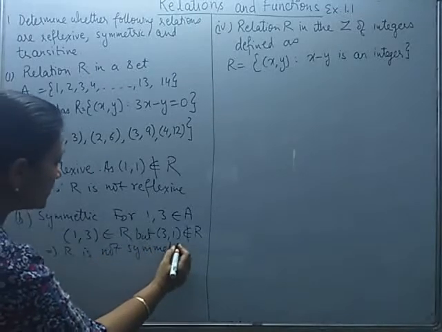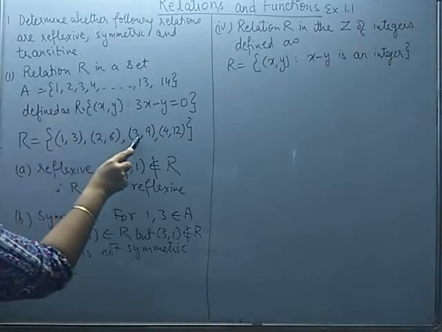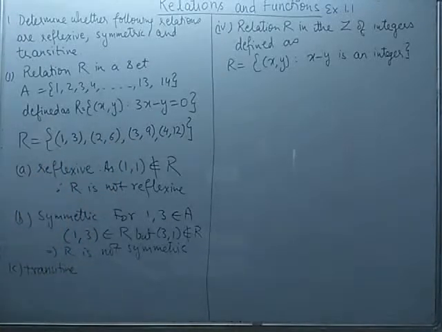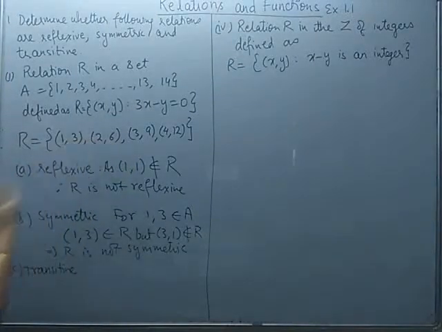Now checking for whether it is transitive or not. So you recall the definition for transitive relation. What is the requirement for transitive relation? We should have any two pairs belonging to the relation, and then we need to see whether the third pair required also satisfies the given relation or not. When you locate the pairs, please ensure the second term of one pair is the same as the first term of another pair.